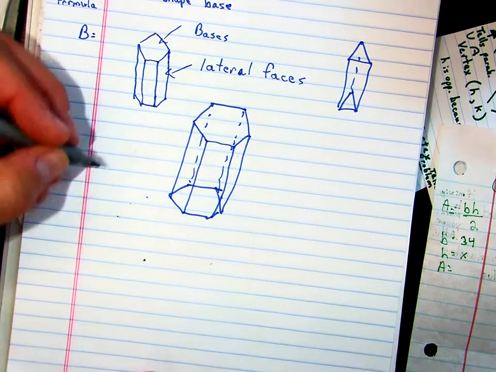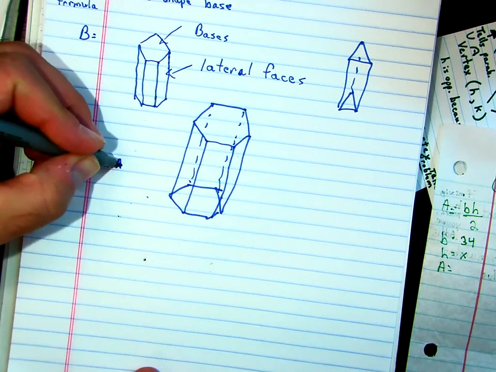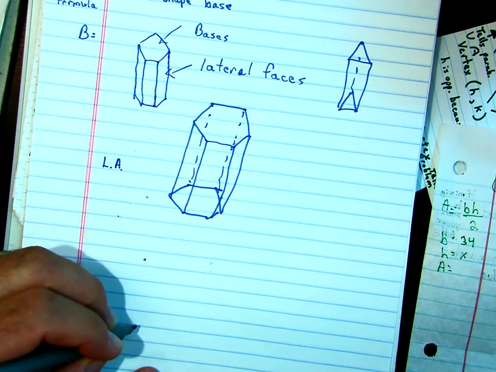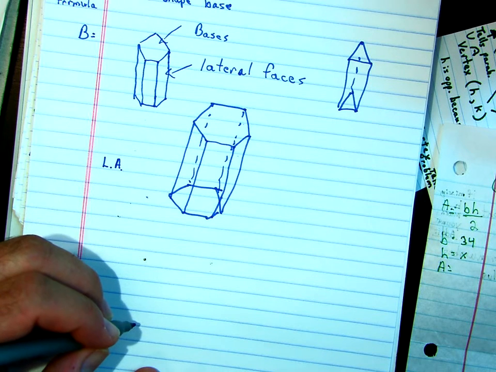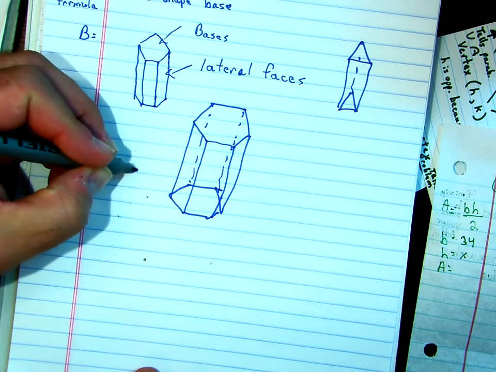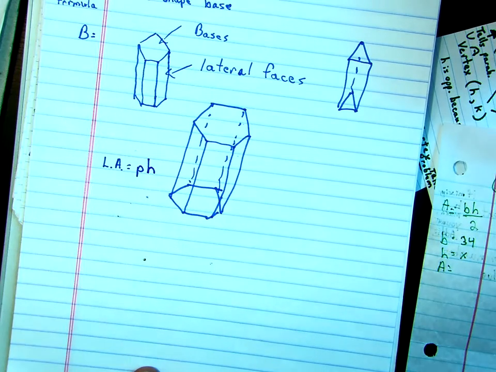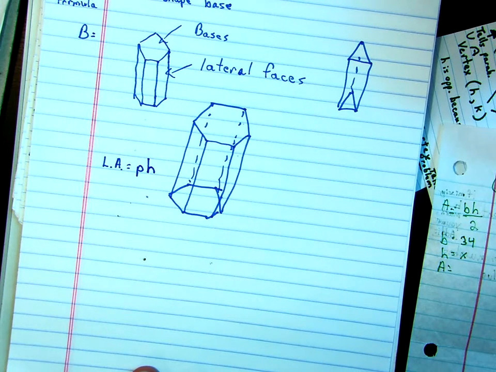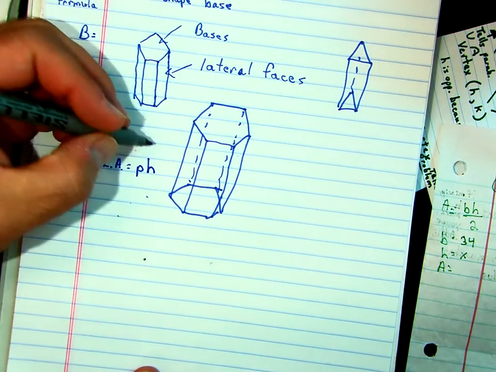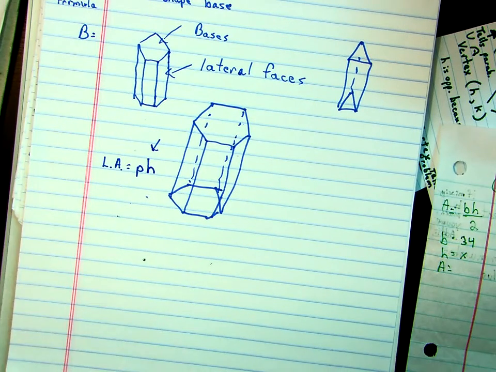Okay, so the first formula we're going to deal with is lateral area. And lateral area is the perimeter of the base times the height of the figure. Now, this H is generic, meaning they put it in the picture, and there's a lot of different heights we're